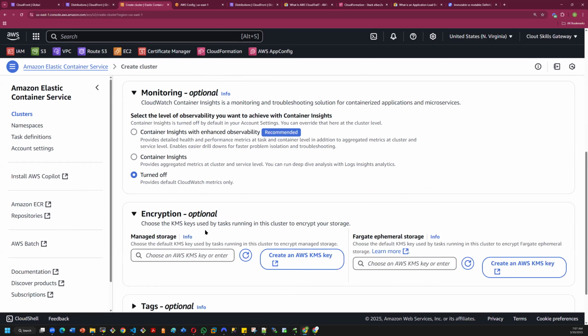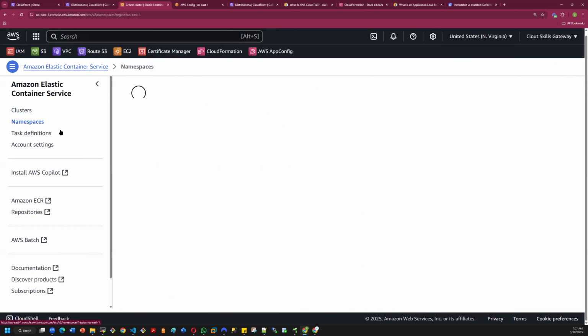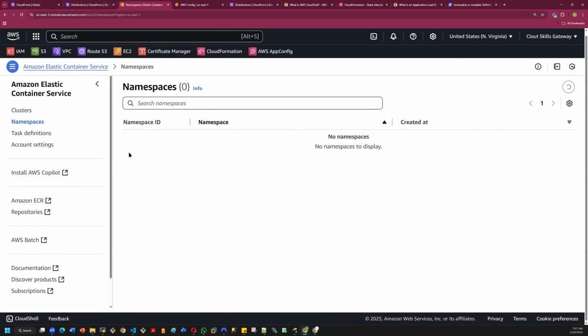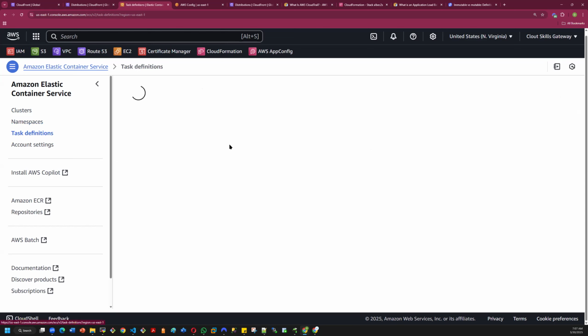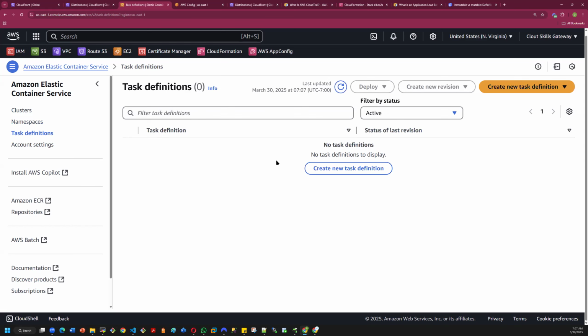And then you can encrypt it with KMS. You can add a tag, and then you can go click create cluster. So you have namespace here. Like I don't have any namespace here because I've not created this. You can see the task definition here. If you click on task definition, right now there is no task definition, but you can create a task